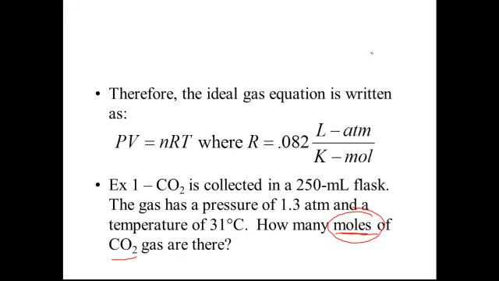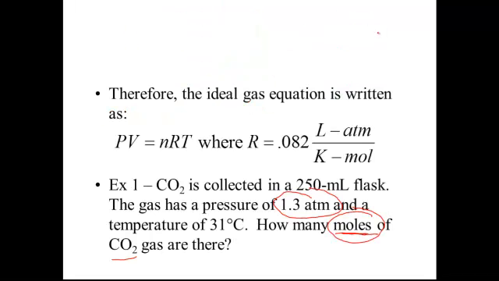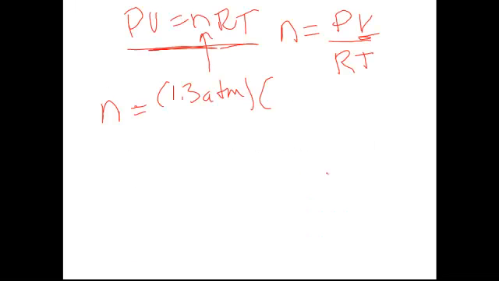So first of all, our pressure. Our pressure is in atmospheres. So n is equal to 1.3 atmospheres times our volume. The volume is in milliliters here, so we want that in liters. When we convert milliliters to liters, remember we talked about this a couple videos ago, you can move the decimal point 3 spaces to the left. And so 250 milliliters is just 0.250 liters